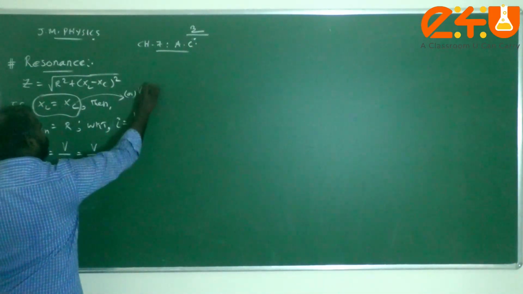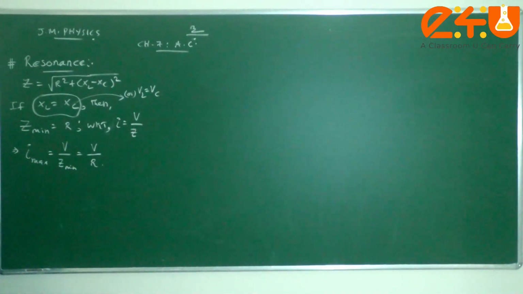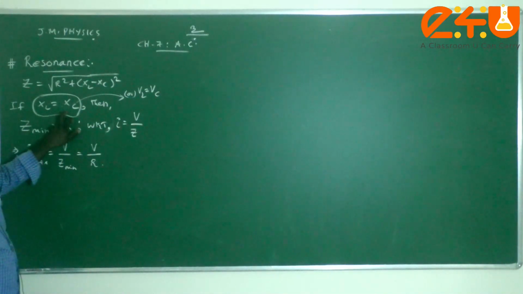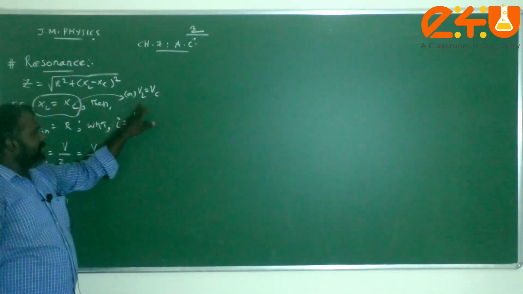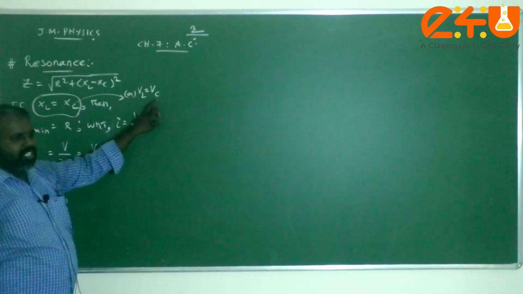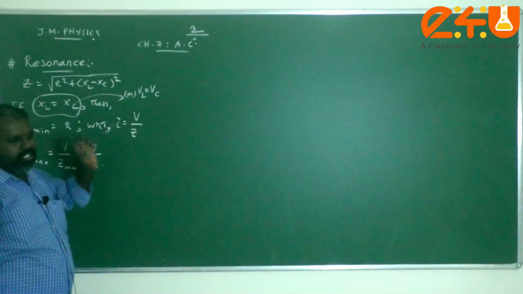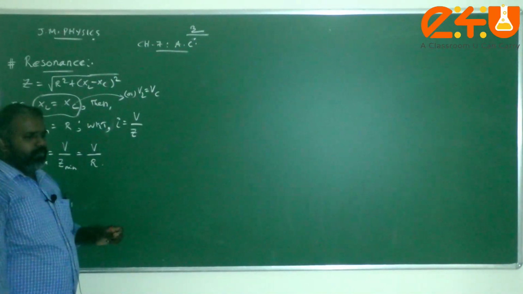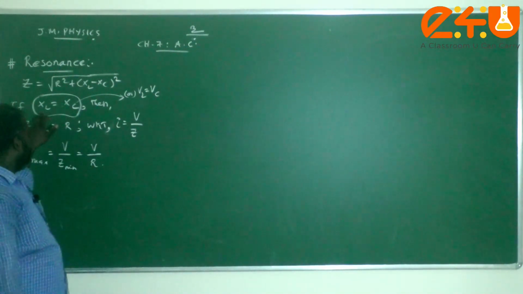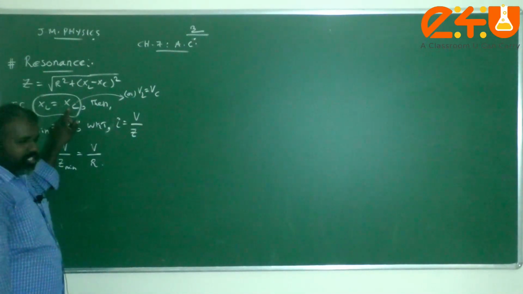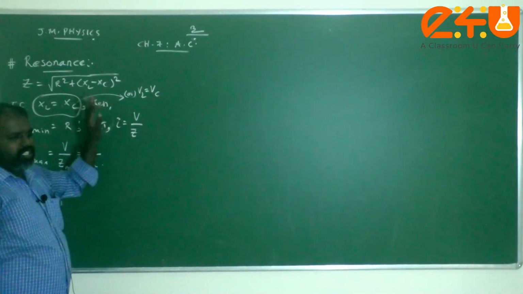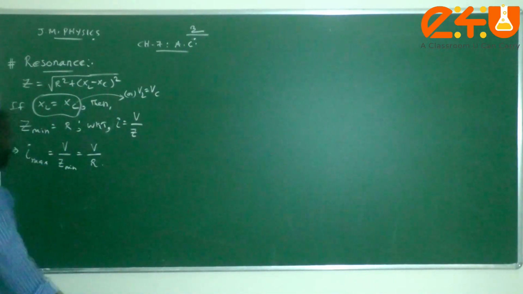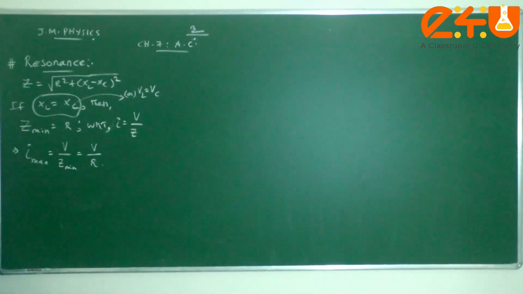This condition is when XL equals XC, or in terms of voltage, VL equals VC also. But here I am talking about Z, so I am just considering XL equal to XC. Obviously, XL equal to XC means V is equal to IXL, that is equal to IXC. I gets cancelled, so we get XL equal to XC only. So, in any given problem, you just check whether the impedances of the inductor and capacitor are equal, or the voltages across inductor and capacitor are the same. Then we can say that the circuit is under resonance condition.